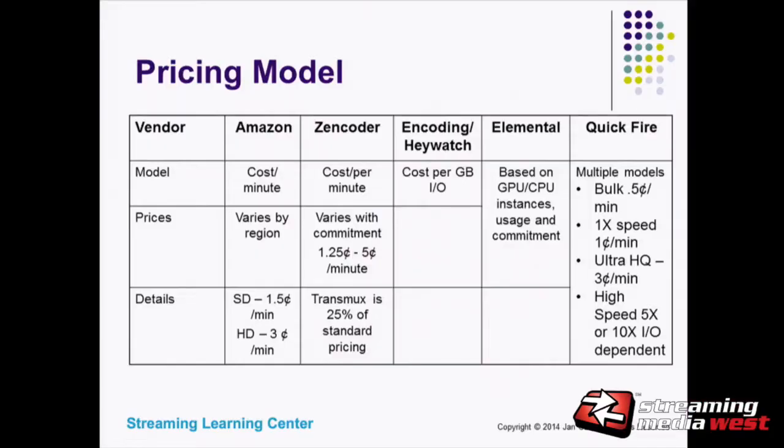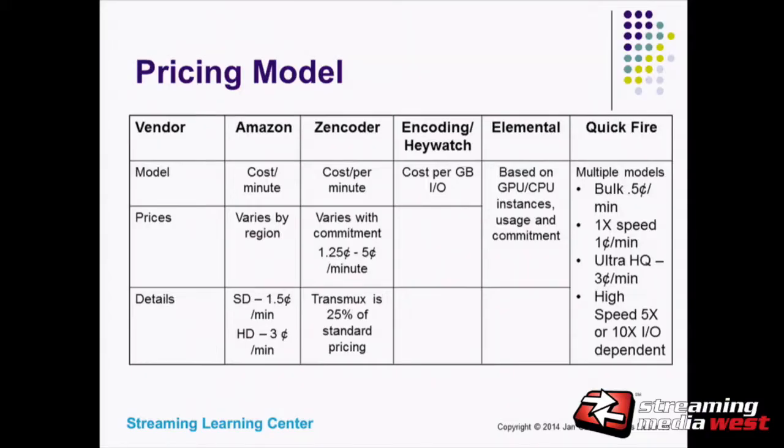And then here's the pricing models. And you see a few different models. You've got cost per minute for Amazon, cost per minute for Encoder. Encoding.com and HeyWatch are both cost per gigabyte. And then Elemental is totally different. Elemental is based on the GPUs or CPU instances that you reserve, and then, of course, your usage, and to a great degree, how much you commit. I mean, if you commit to, I think it's $10,000 a month in encoding costs, that really drops your encoding